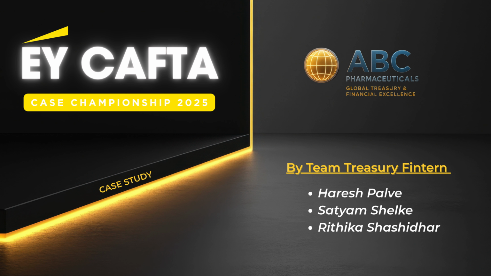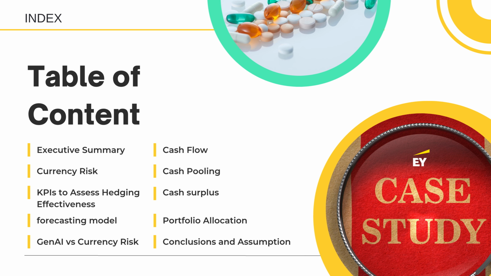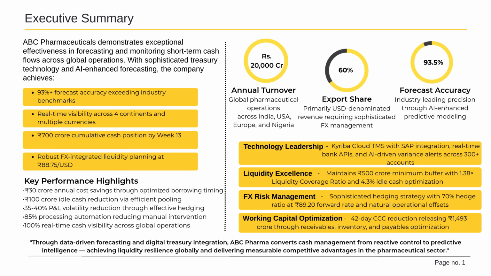Today I want to elaborate on a case study for the Case Championship 2025 EY Cafta. So basically we have assumed a company, ABC Pharmaceuticals. How does a multi-million company manage all of its dollars all over the planet? The basic question is how on earth does a massive global company keep control of 20,000 crore spread across 4 continents. So we have assumed the turnover of the company as 20,000 crore, which flows across 4 continents: India,